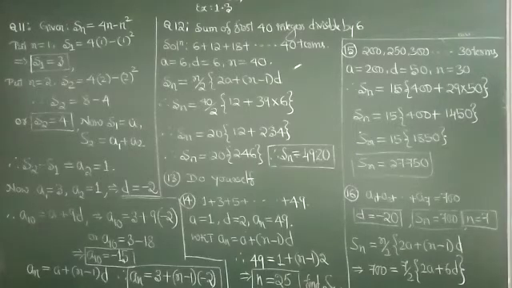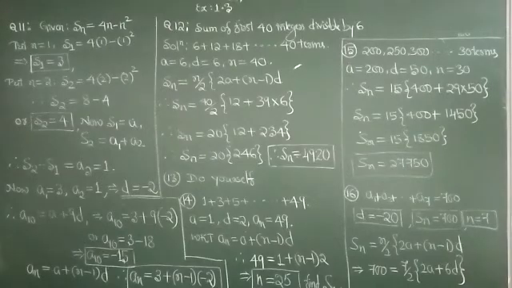So, the penalty for each succeeding day is 50 more than the preceding day, indicating d equal to 50. That's all. So, first term is 200, 250, 300, and it goes on. How much money does the contractor have to pay as penalty if he has delayed the work by 30 days? 30 days delayed, in the sense there are 30 terms. All the information is there in the question only. a is 200, d is 50, n is 30. What are you supposed to do? You are supposed to find the sum.